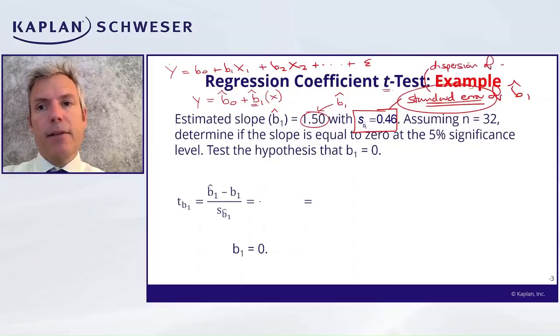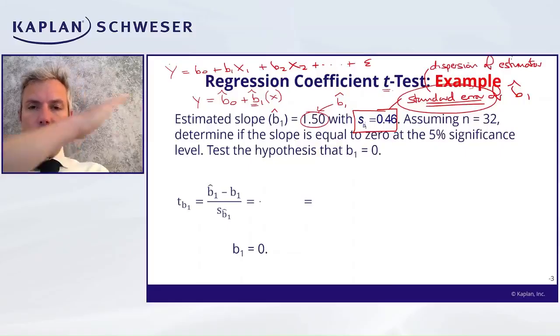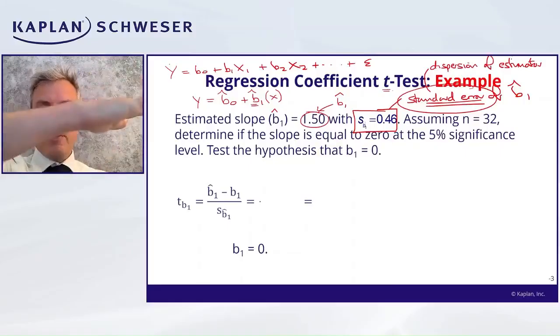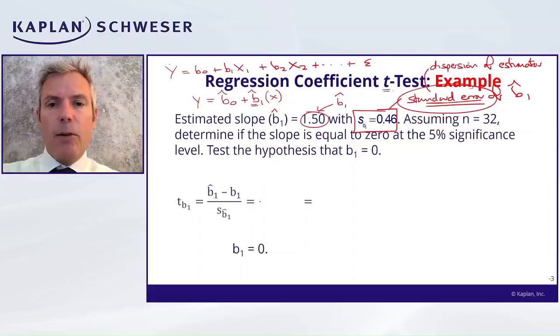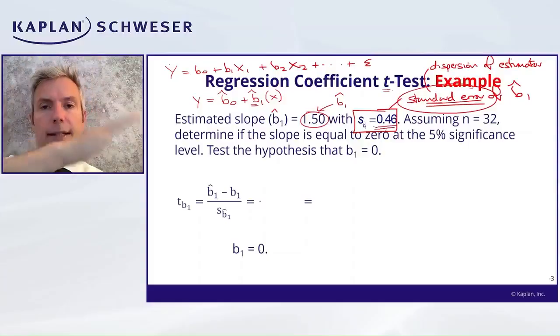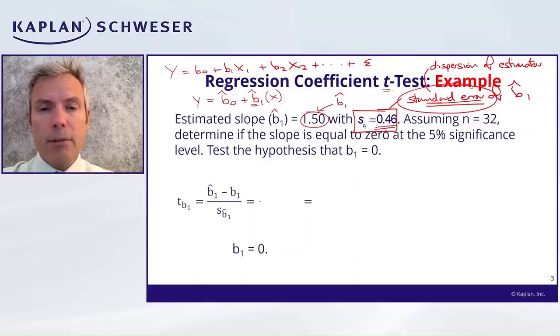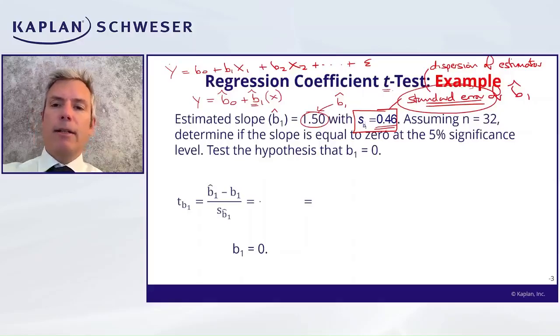All right. So the way to think about this is, if you took lots of regressions, the slope that you get each time would bounce around. It would vary. And that's what this standard error is telling you. It's the dispersion of the different slopes you're likely to get given the features of the population and given the features of the sample slope coefficient that you're calculating. Okay, so just think of it as a dispersion, like a standard deviation,